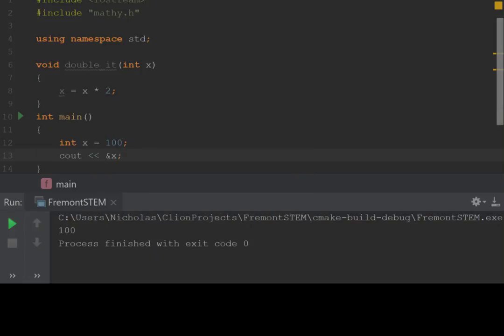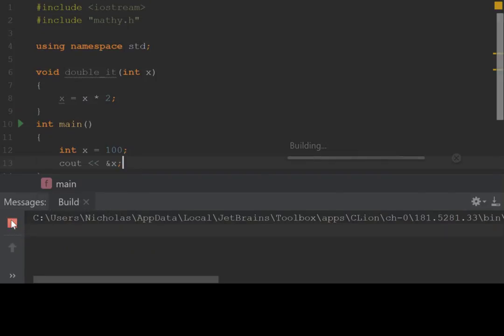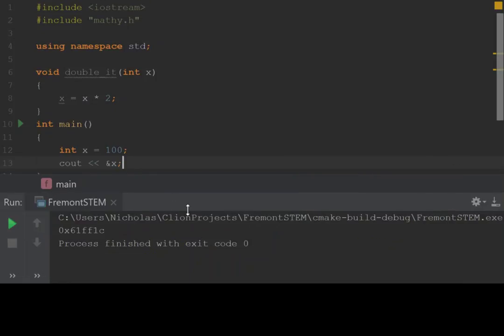So I can call cout on that ampersand, okay? You're going to see a number that sure isn't 100. It's going to probably be 6 to 8 digits, pretty random. 0x61ff1c. Does that look like 100 to you? Because it sure doesn't to me. That's the address? That is the address in memory